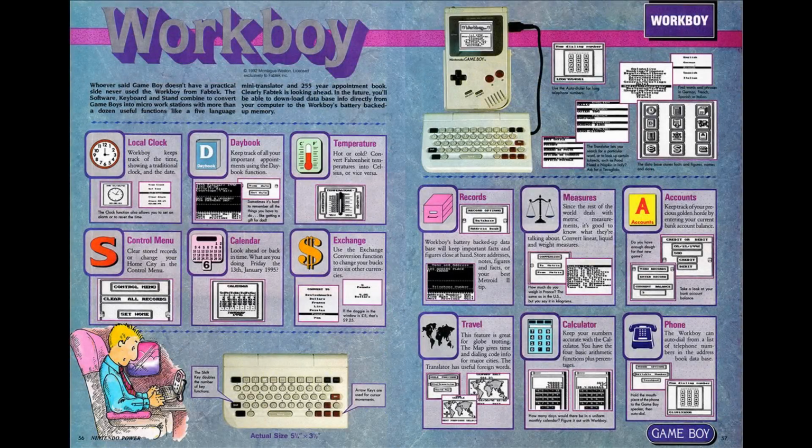Now I'm not sure what magazine this was from, but it has a detailed look at the software. So this page shows the Workboy and clearly outlines the 12 features of the software. So let's go into the software and features. Now firstly, up the top of the article it says,